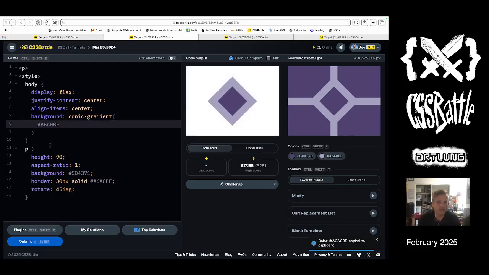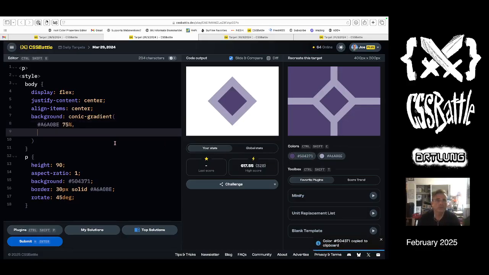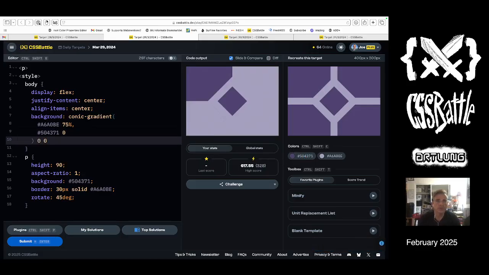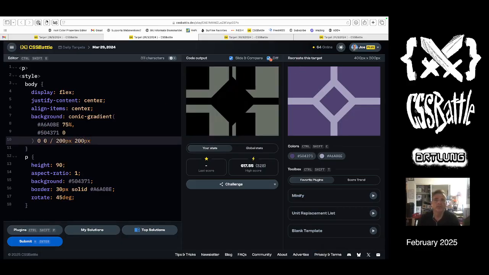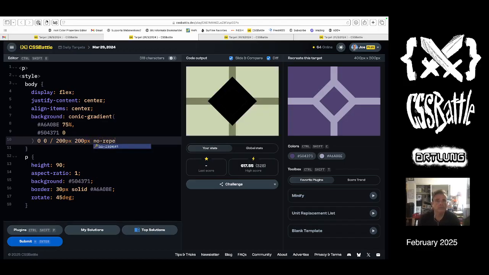Of this correct color. 270 degrees around, or 75%, and then blue 0, and then we put it in the upper corner with 0, 0, and then we give it a height and width. 200 pixels, 200 pixels. It's not right, but you know, we'll play with it. So we need to add a no-repeat so we get the width right. So what, 210, 215,